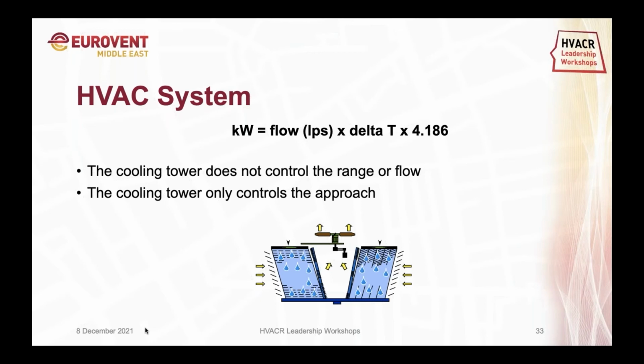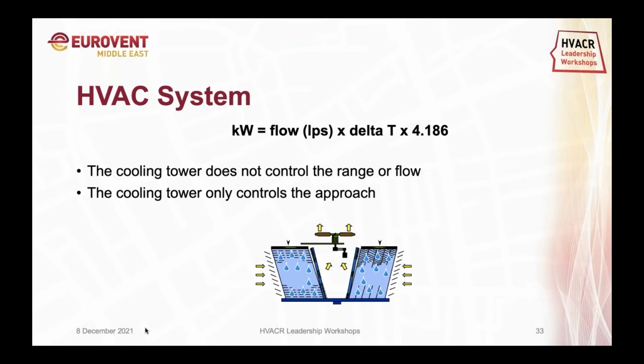We'll go to the next slide, but before we go there, what we want to show here is that total heat rejection, or heat transfer capacity, is dependent on two parameters, as we know. One is the flow and the other is the delta T. Now, the question is that we defined two terms, range and approach, in the first slide. So who is controlling the range and who is controlling the approach? Is it the cooling tower which is controlling this delta T, or is it some other equipment? The answer is that the chiller controls the range and the cooling tower controls the approach.